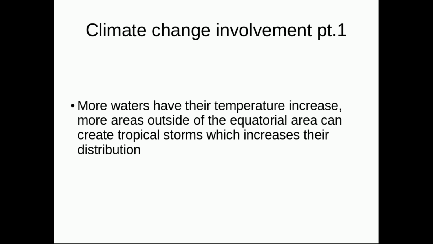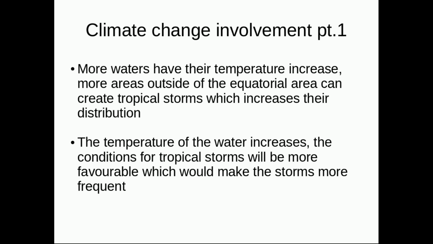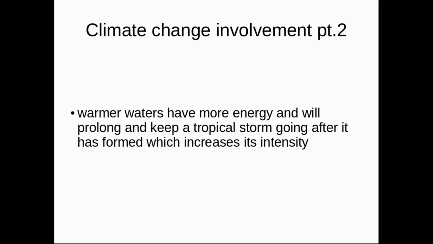Finally, climate change will cause the temperature of the water to increase, and this certainly affects tropical storms. If more waters have their temperature increase, more areas outside the equatorial area can create tropical storms, which increases their distribution. If the temperature of the water increases, the conditions for tropical storms will be more favourable, which would make the storms more frequent. Warmer waters have more energy and will prolong and keep a tropical storm going after it is formed, which increases the intensity of